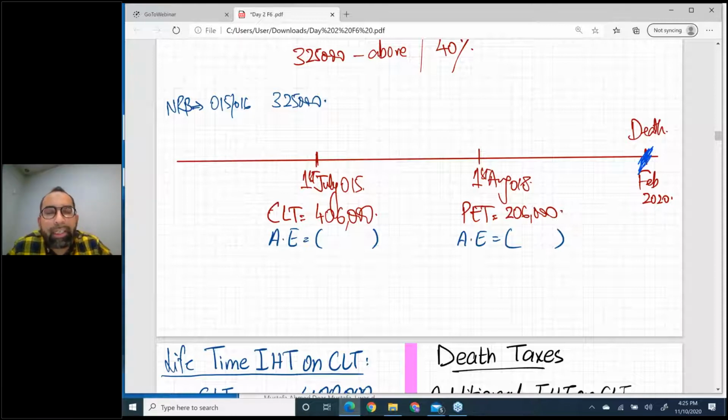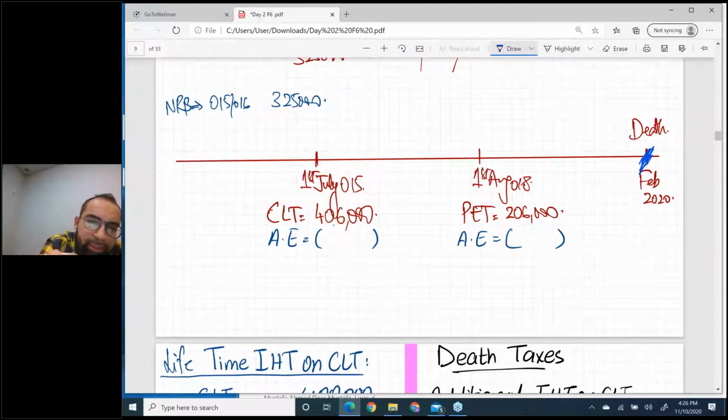So 1st July 15 lies in 15-16 fiscal year, and before 15-16 there is a fiscal year 14-15. Open your eyes and you can see there is no other gift in 14-15. So obviously you have unused annual exemption of last year, and last year's annual exemption can be used this year. So 3,000 of last year and 3,000 of this year makes 6,000. So 406,000 less 6,000 will make